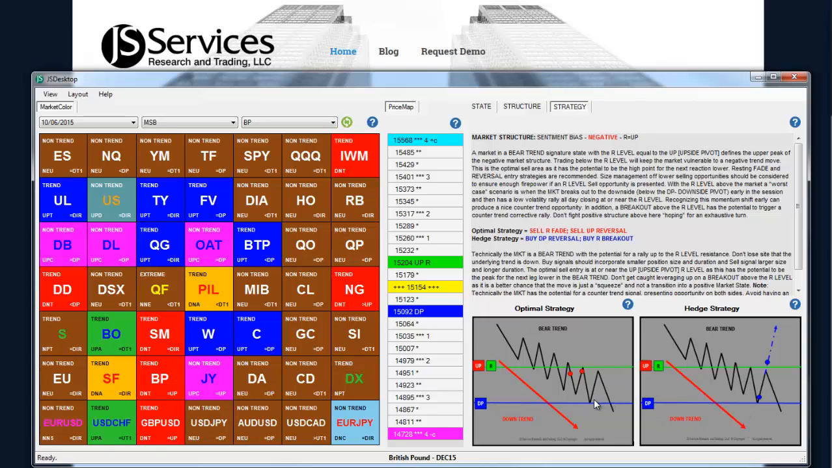Well, if we get a breakout to the downside, but it's a false breakout, and we get a reversal signal, a buy DP reversal, with the expectation, hey, we're going to get a rally back up to the sentiment bias, back up to the R level. And if we break structure,